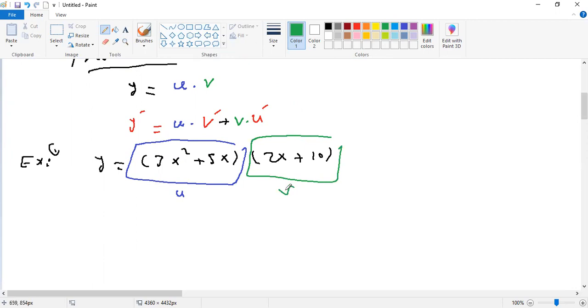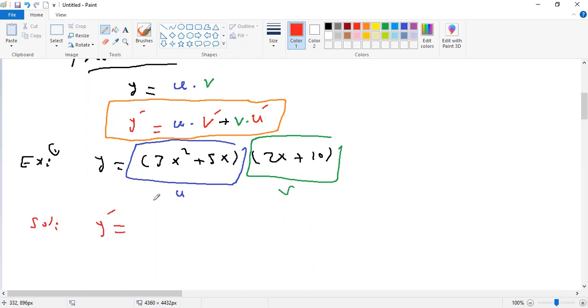So how do we find the derivative of u times v, a function of x multiplied by a function of x? The first one, u, is 3x squared plus 5x. The v is 2x plus 10. See the rule. This is the rule. So the solution is